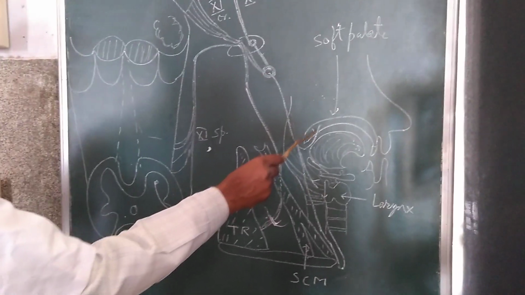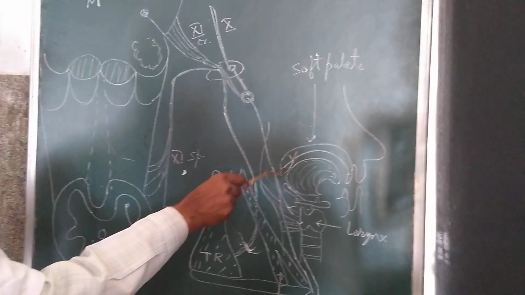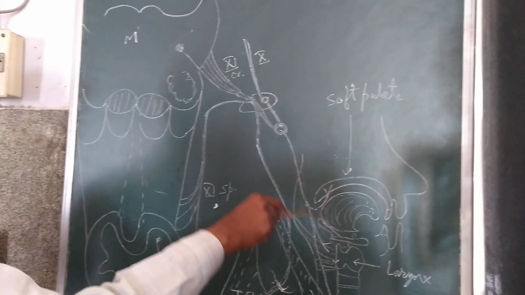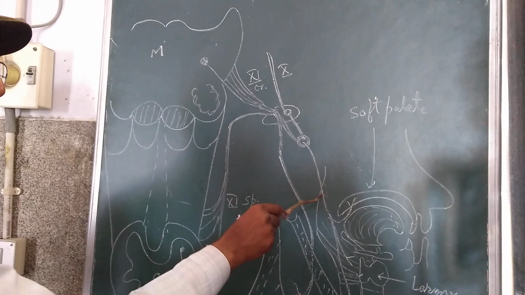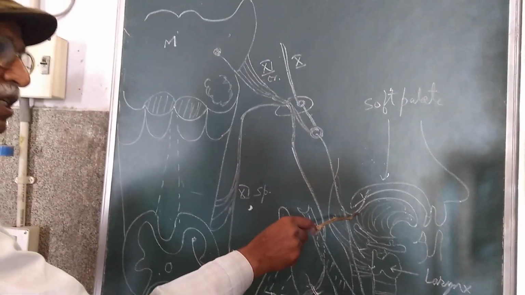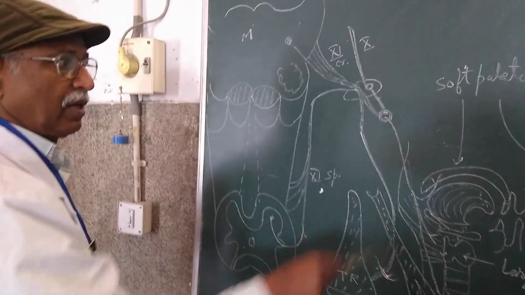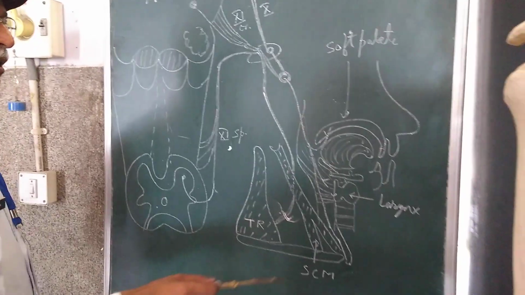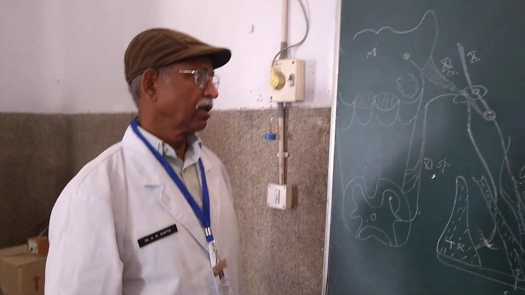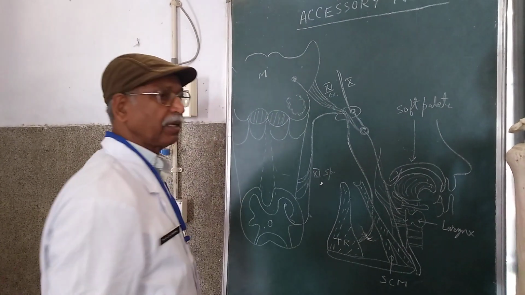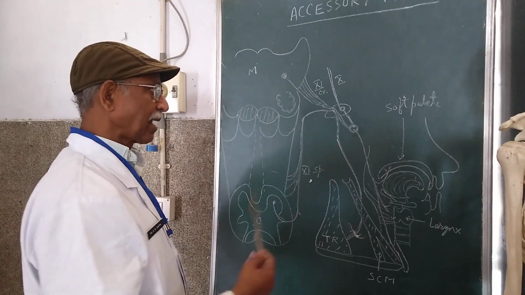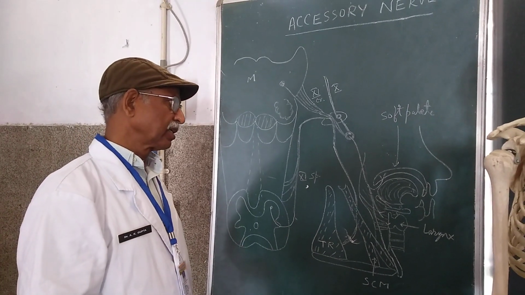On saying ah, there will be constriction of the pharyngeal and palatal muscles, but in a paralyzed case there will be no constriction on the same side. And another test is the gag reflex. By touching the posterior part of the pharynx, there will be constriction of the muscles, but in a paralyzed case there will be no constriction.